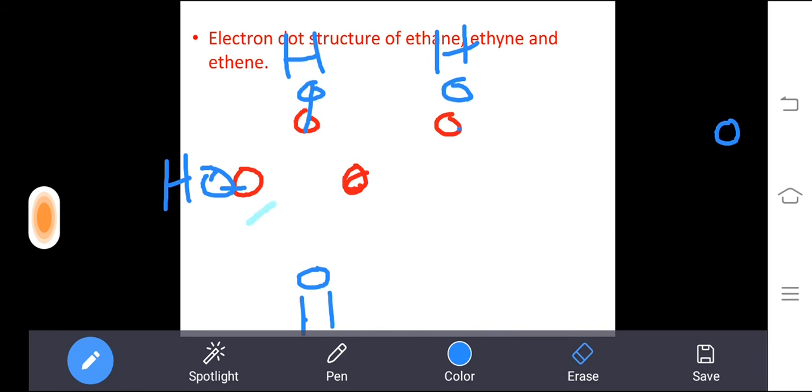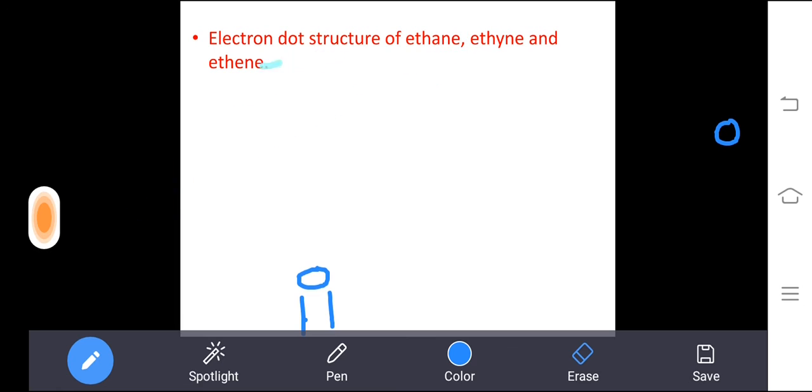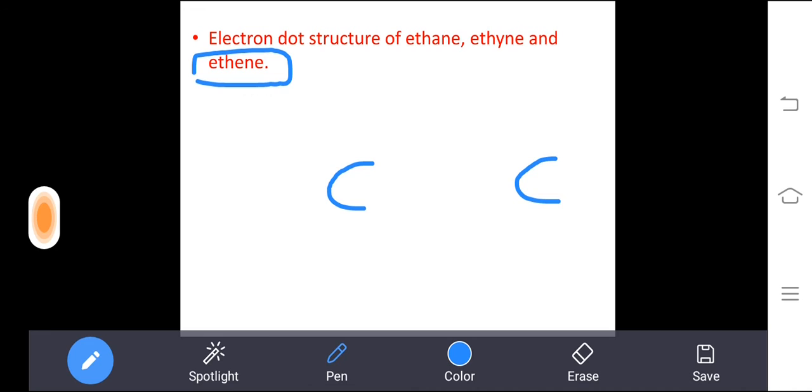Okay, we will try to draw the electron structure for the ethene. So ethene, what information you are getting from ethene? You will get 2 carbon, because we discussed now only root word 2 carbon. And see the suffix. What is the suffix? Ene. Ene means what is the meaning? Double bond or single bond or triple bond? Ene. So in your mind you are saying that it will be double bond. Yeah. So when it is double bond, you want to link the 2 carbon with the double bond. This is the first thing.